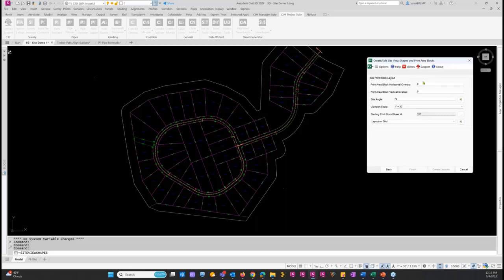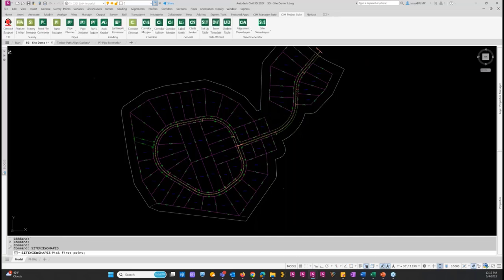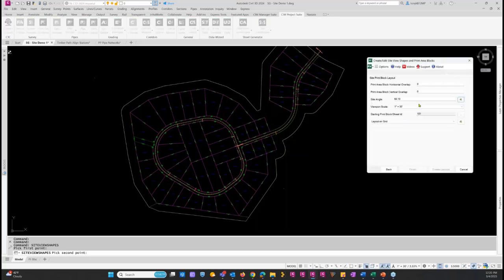And this would be our overlap, how we would set those match lines. That's in your drawing unit, so feet. And you set that site angle here. We can do that in the drawing simply by picking if I wanted to align something like that. I know it's closer to 70, so I'm going to do that right away. It picks up our drawing scale, whatever our drawing scale is down here. If you want to plot at a different scale, you can certainly do that. If all your annotation in the drawing is that scale, it will pick that up